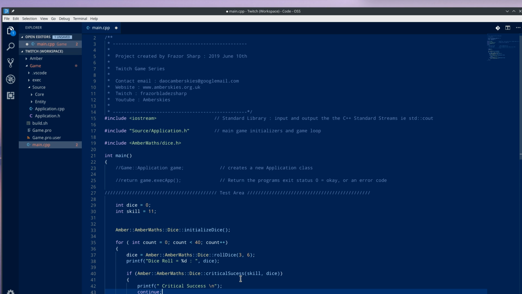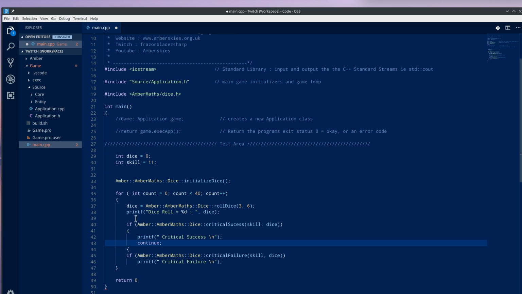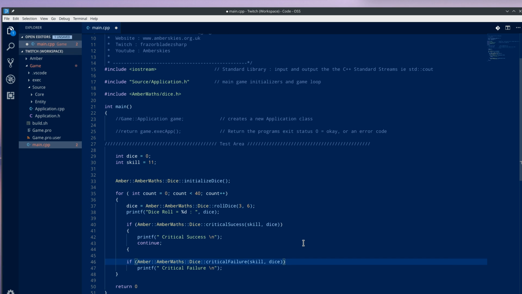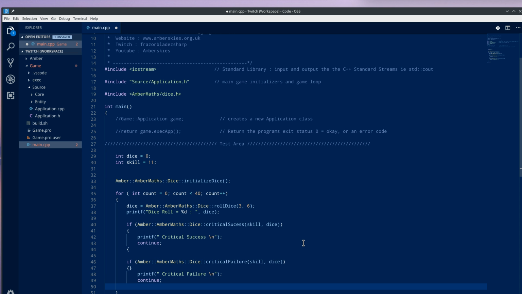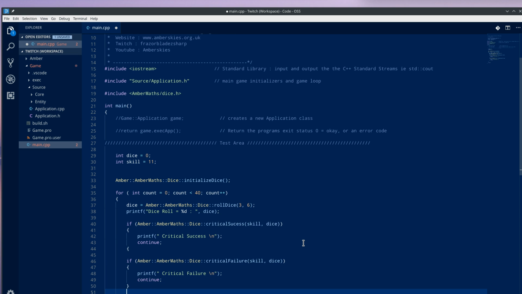I'm going to use continue. What that does is it sends it back to the for readout, back to the top to do the next count, because I don't want it to carry on down here. So that's the same here. I don't want you to carry on. You'll see why in a second. Continue. And then here,